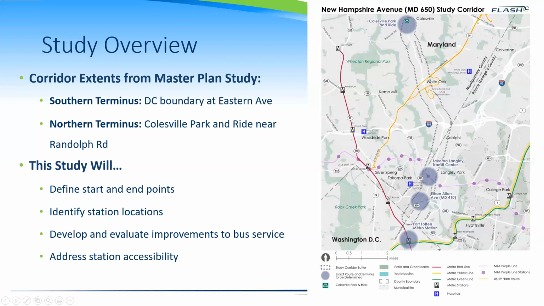at that specific point. So what you'll see is we've noted 3 different locations on the map on the right, and it's hard to see at this scale, but we've noted 3 different points, one at Takoma Langley Transit Center, Ethan Allen, and then at Fort Totten. And those seem like potentially more logical endpoints. And so we're very eager to get feedback on this tonight as we go into the question and answer